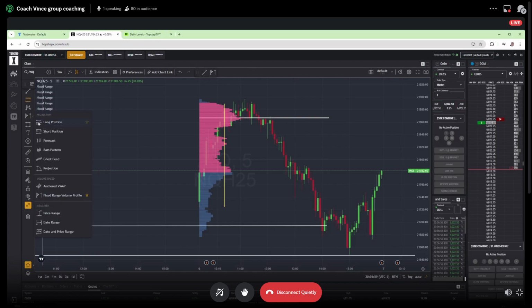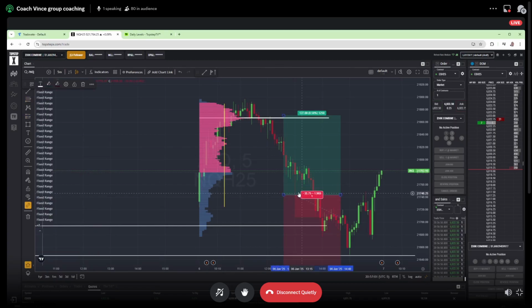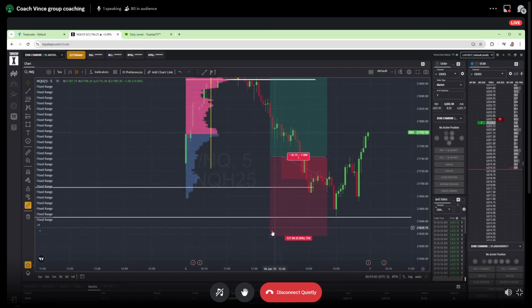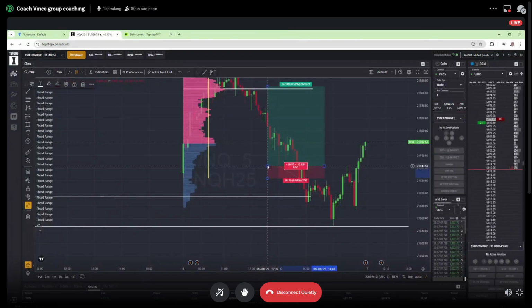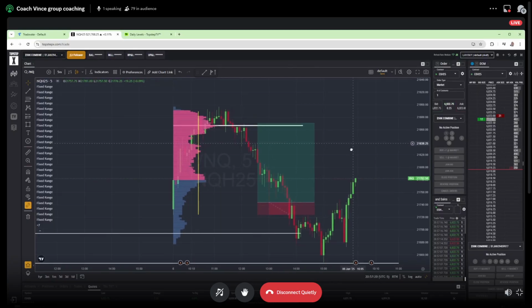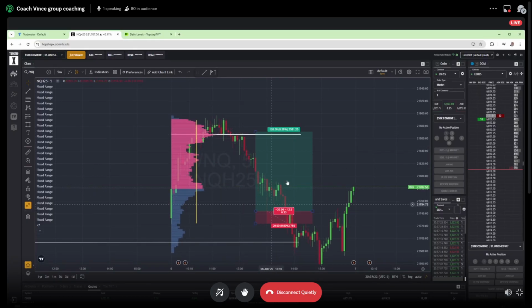And you're looking for a cheap long. So this would be the spot for the range bound trader to take their long. Okay, 19 points of risk. Usually I'm risking 20, so let's say 20 points of risk. You get the long, it pops up, it gets back into value hopefully, and rotates back to point of control. All right, so that would be the range bound trader's view on this market,